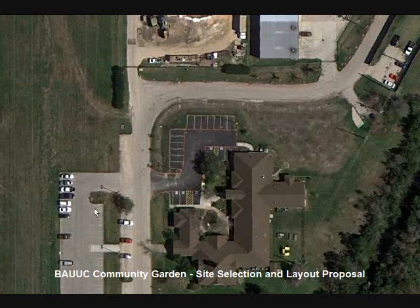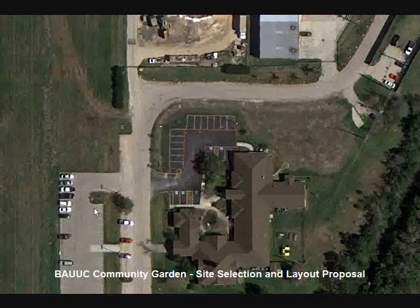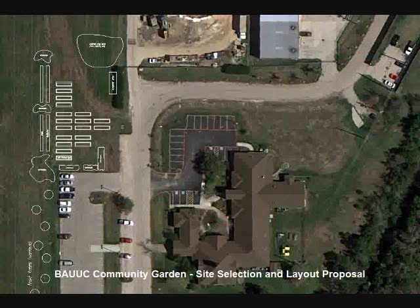We're going to revisit the garden layout for the BAUUC Community Garden. This is the view of the church building from above. This is Beacon Street. If you travel to the bottom of the image, you hit El Camino Real. Here's the Clear Lake Water Authority yard, landscaper, and continue up Beacon Street to get to the Muslim Center. This area here is the area designated for the garden, and we had a layout that looked something like this,